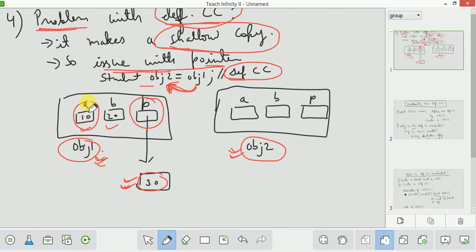The value of a will be copied here, the value of b will be copied here to object 2, and the value of p will be copied here. It means that this p will also point to this memory location. If you copy this p to this p, then both will point to the same memory location. This is called shallow copy. This is not correct.